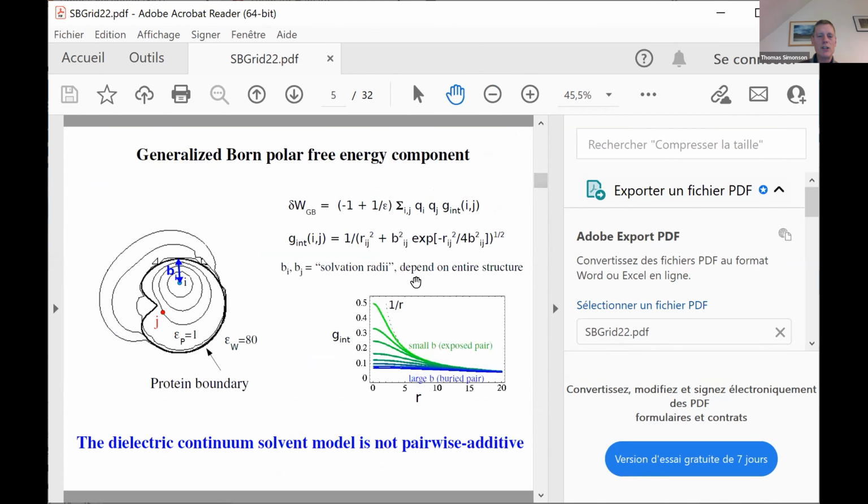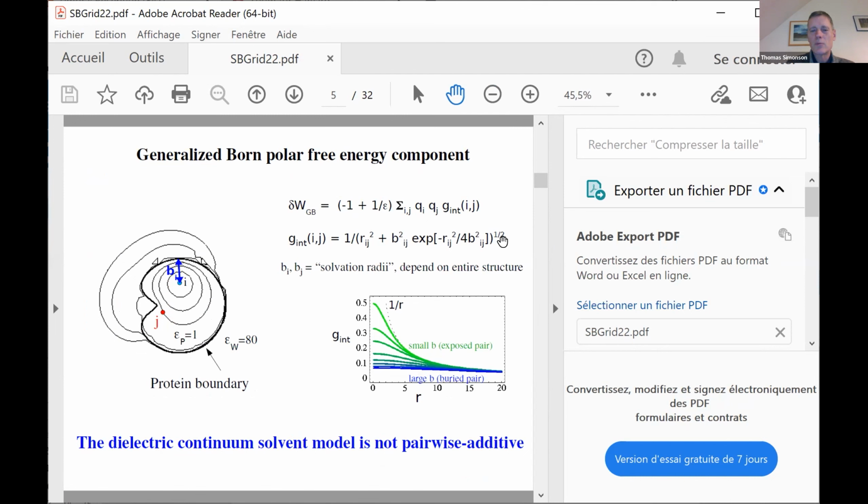So for example, for the GB here, you see the interaction between atoms depends on their distance, but it's parameterized by their burial. So Rij is the distance, and Bij is the average burial. It's the average of these 2 numbers. So it's parameterized by the burial, and so you have different regimes.